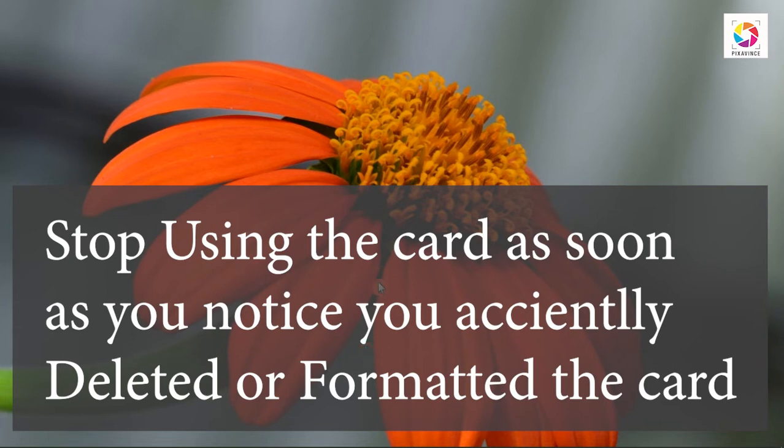So as soon as you realize that you have lost the details, or when you lost the photos, you should actually stop using the particular card, and it's better that you shouldn't be clicking any other photos on that particular card. These softwares are capable of retrieving those photos, and if you click further photos with the same card, then it is overwriting the contents, and then for the software it is not possible to retrieve those contents. As soon as you notice that you have accidentally done this kind of thing like deleting or formatting, you just have to stop using that card.